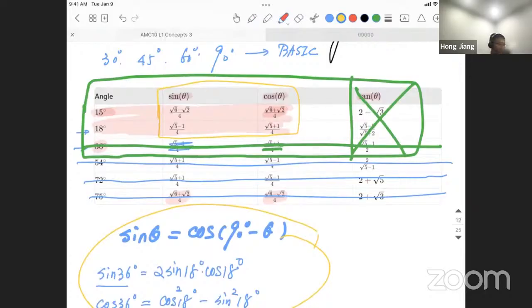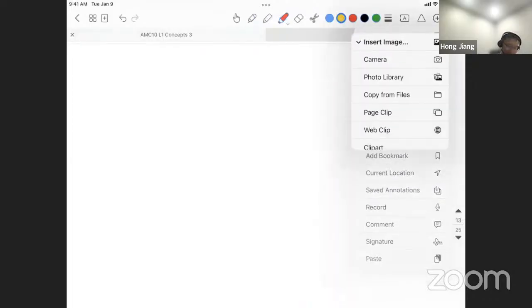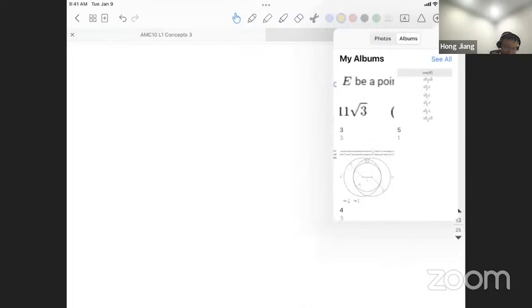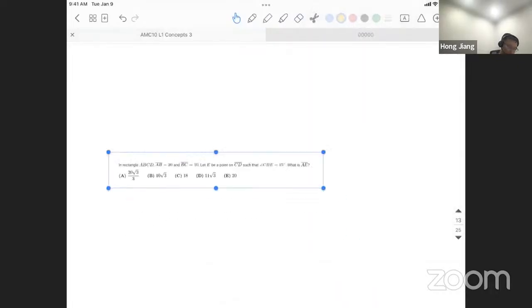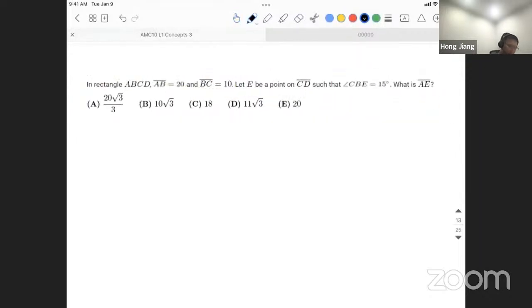Okay, let's go for maybe two real examples so that you will understand where I come from. Let's go for two examples. If you know how to do this, you're going to significantly save your time. There you go. The first problem we're looking at comes from 2014,